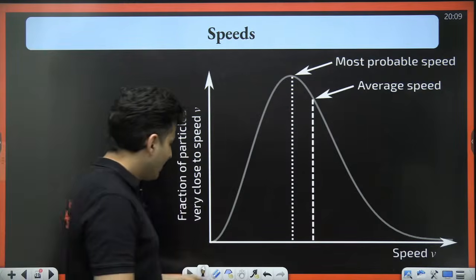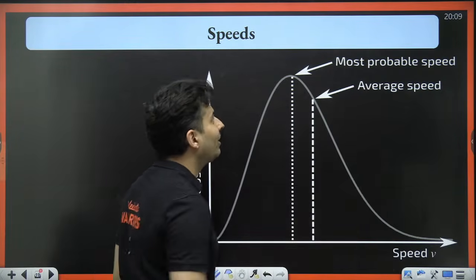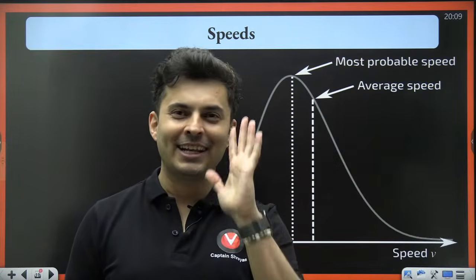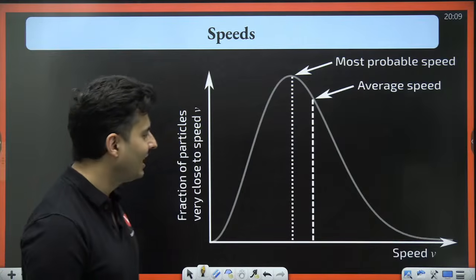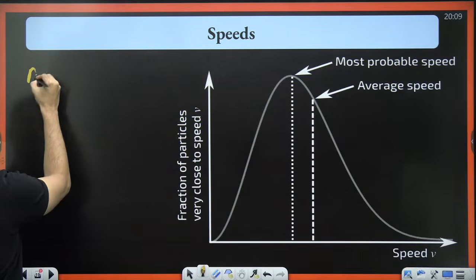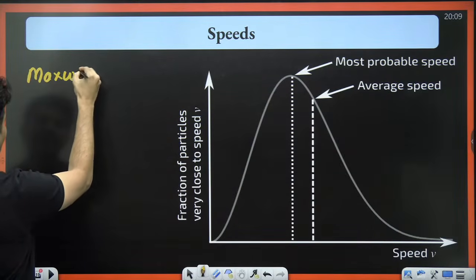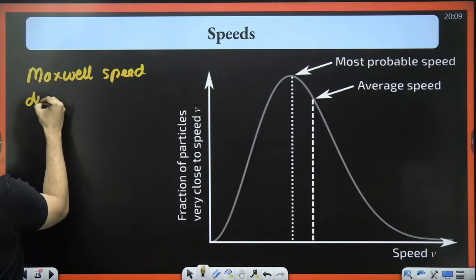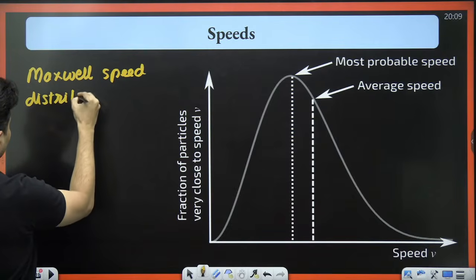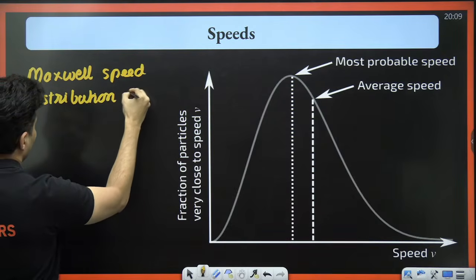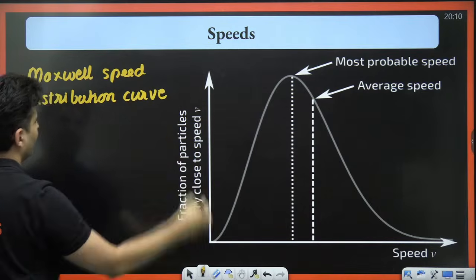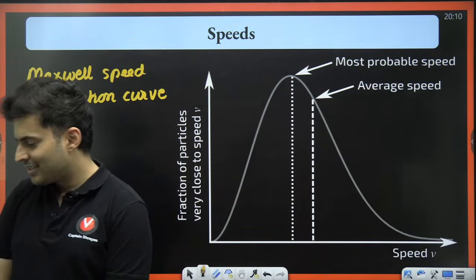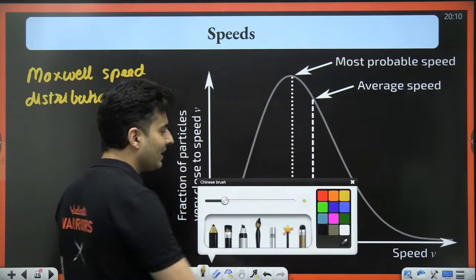Yes, awesome. This particular distribution curve is called as, how many of you know the name? Maybe NCERT is open right in front of you also, you might be able to see it. Yep, this is called as your Maxwell speed distribution curve. Is that clear, my dear warriors? So very good. Now you only think and tell me,